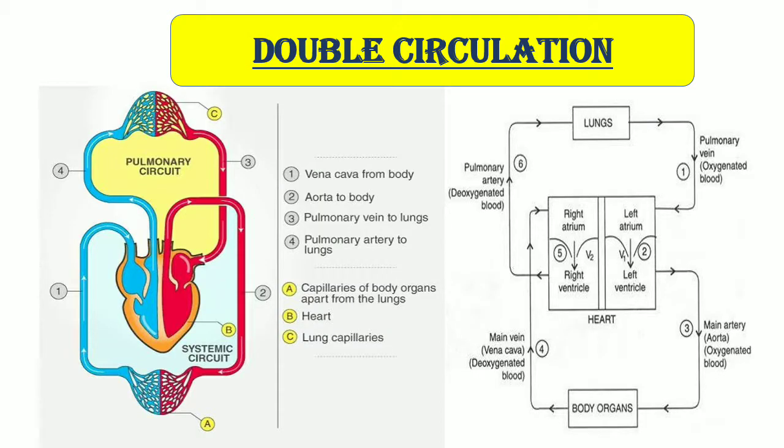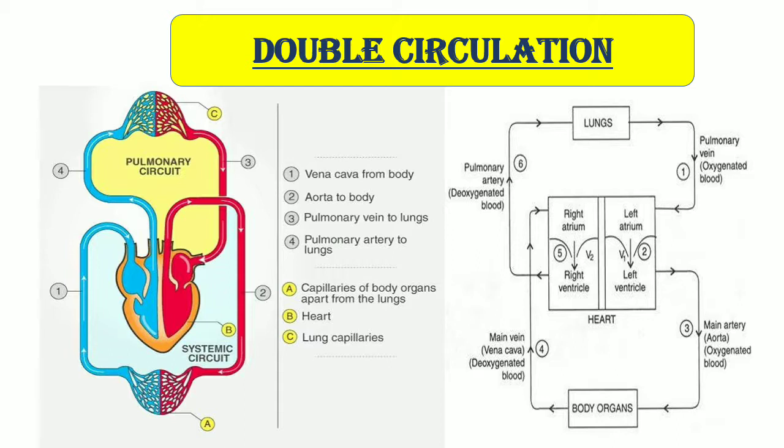Now we will discuss the double circulation. You all know two types of circulations are involved in our system, that is pulmonary circulation and systemic circulation. Pulmonary circulation means when the heart pumps the blood. You all know that deoxygenated blood is coming from the body to the heart, in which portion? In the right auricular region. As we have learned, deoxygenated blood reaches the right atrium chamber.